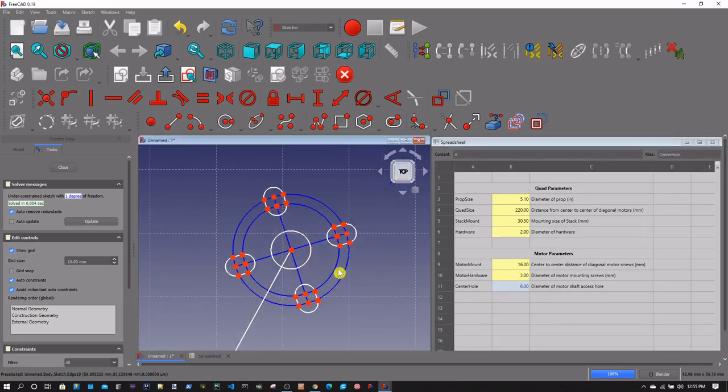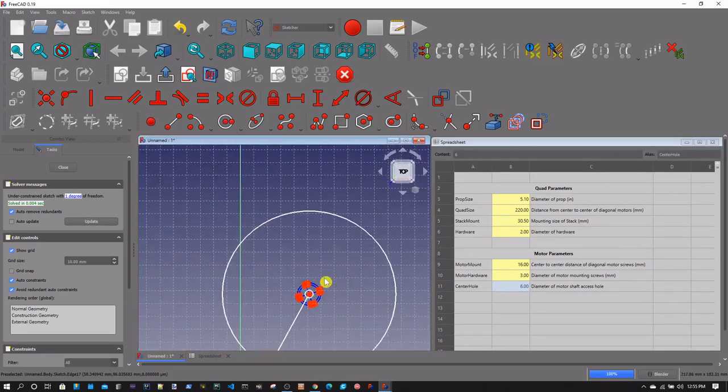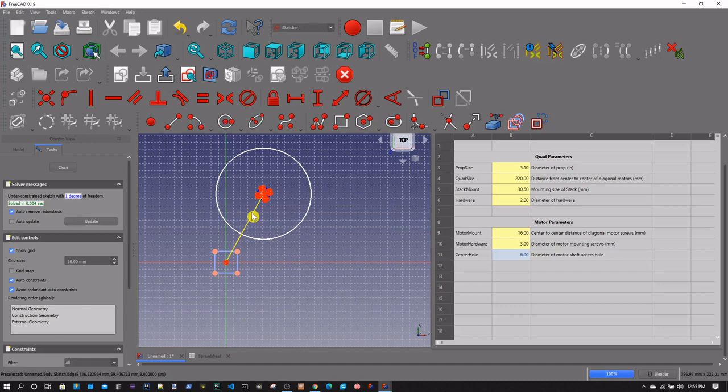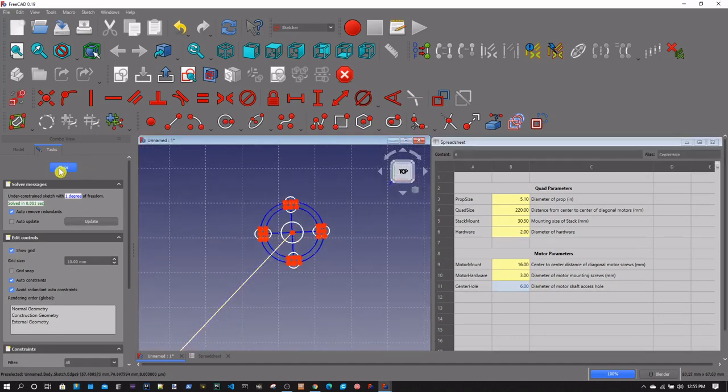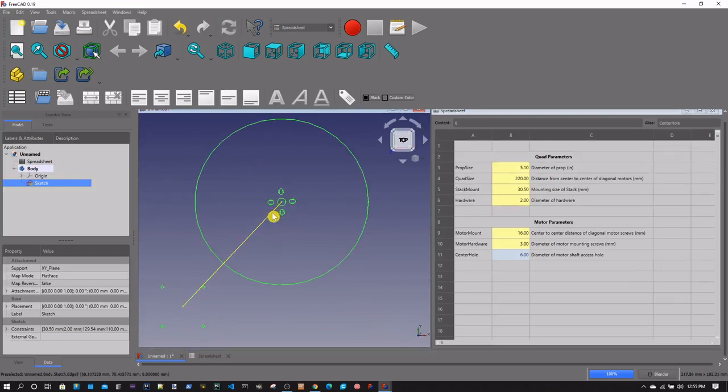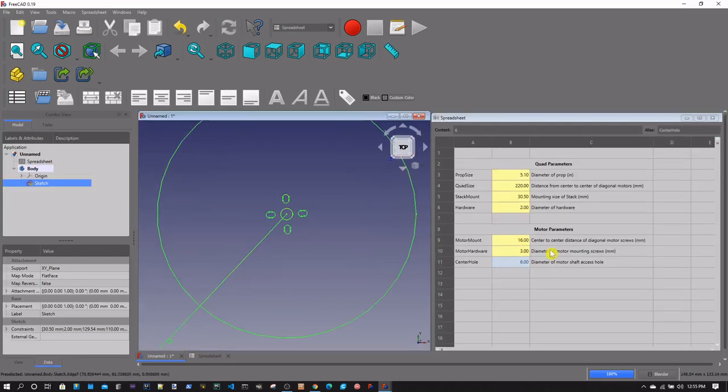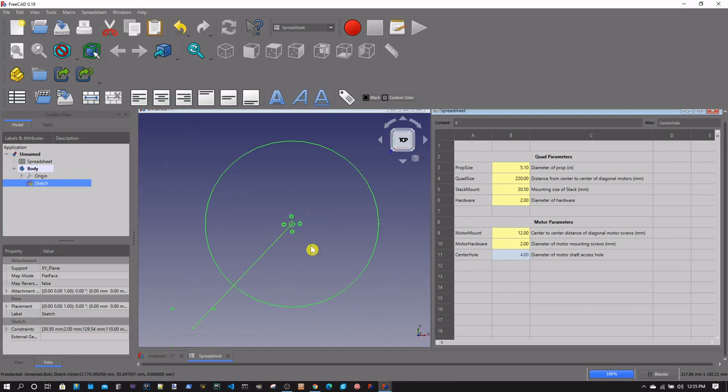Let's see, why is that looking so big? I guess that's right. So now, if we close our sketch, we see we've got all of these dimensions here, all of these features here. And if we wanted to make this a 12, motor hardware for that would be 2M, and the center hole would be 4. You can see that the motor holes are very easy now. You can just open this template and start drawing the arms. You already have the motor holes laid out, so you can just draw your design or your sketch around those holes. And if you make it bigger,